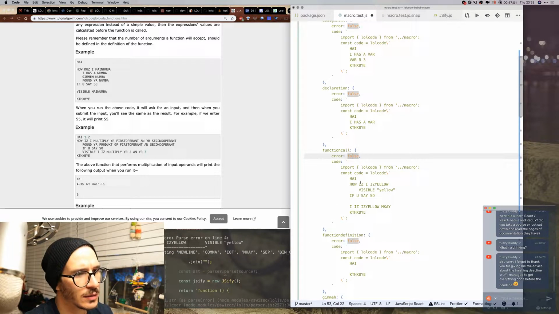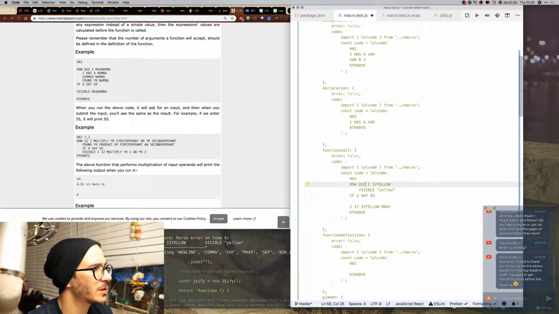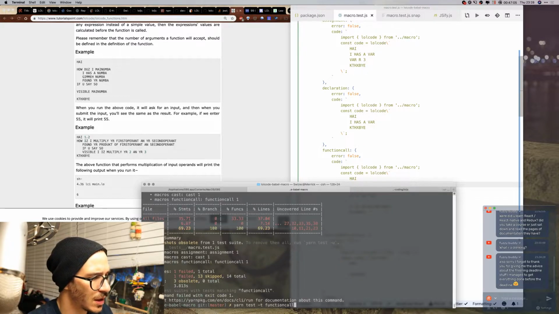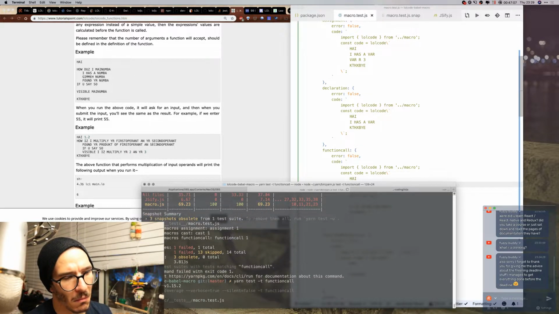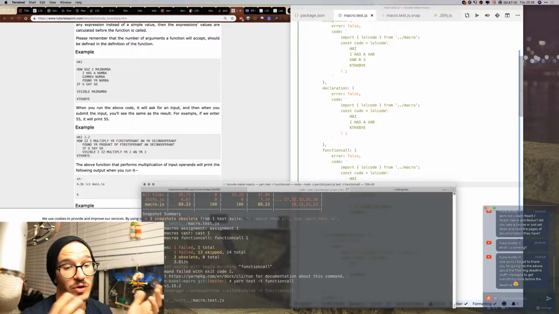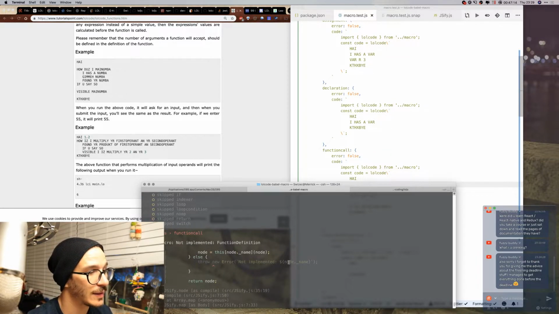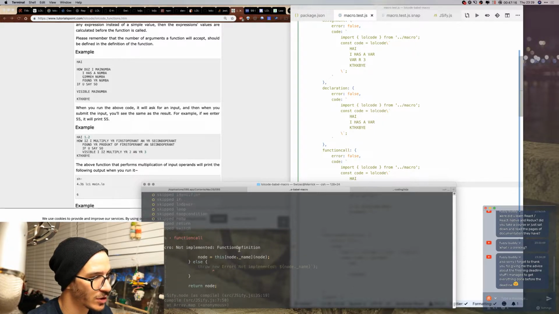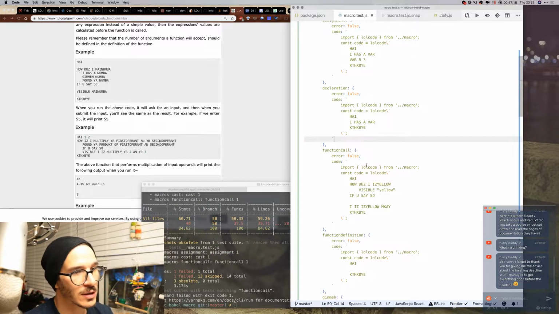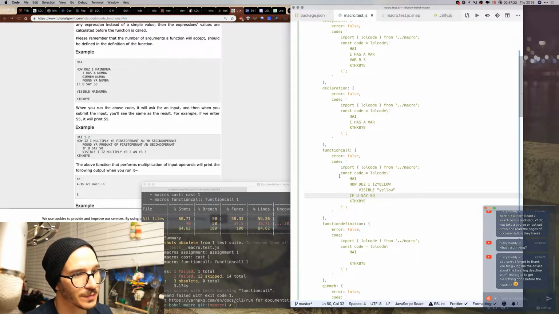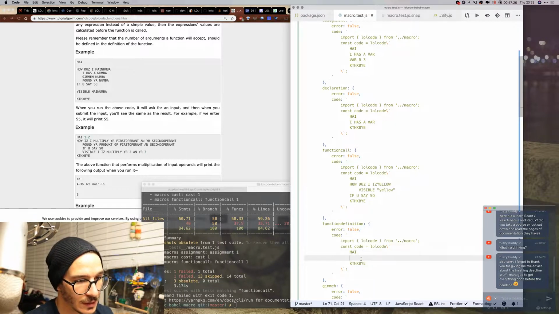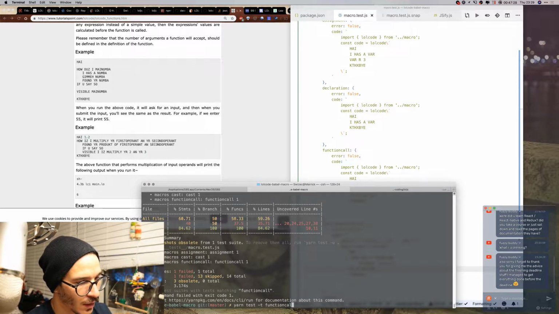How does I, maybe that's gonna work better. How does I is yellow. I don't know which version of LOLCODE our parser was written for. Not implemented function definition. Okay, so let's try with function definitions first. That seems like a good way to start, actually, to be honest. So we have function definition, and